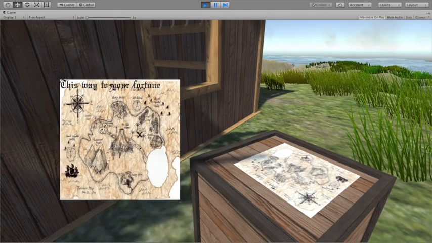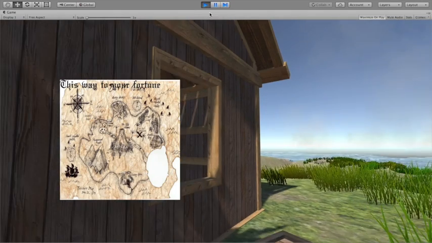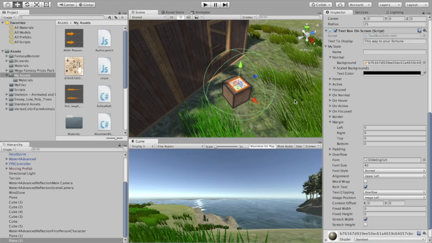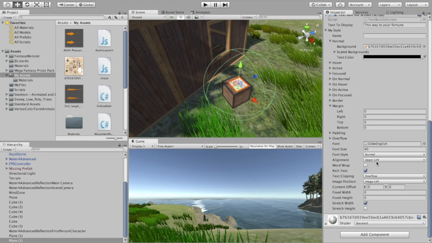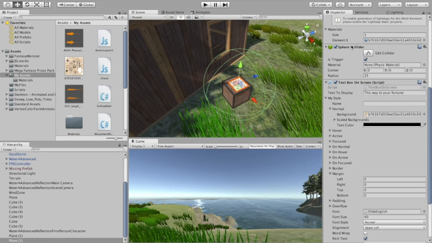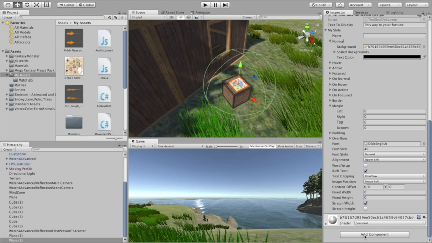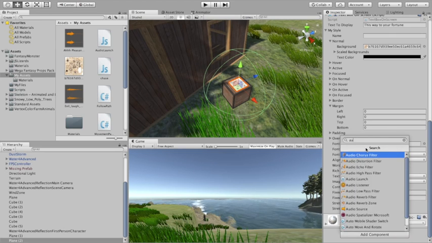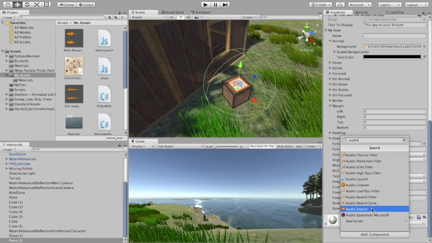It's a bit hard to read, so I might want to work on the positioning of the text or even the color of the font to actually help that. Now the other thing that I want to do is I want to add an audio in here. So I don't need a separate trigger because I've already got a trigger on this one, but I'm going to add another component, and this time I'm going to need an audio source,